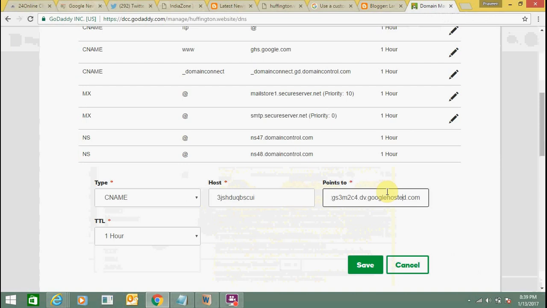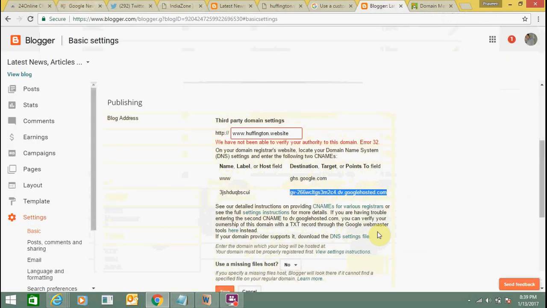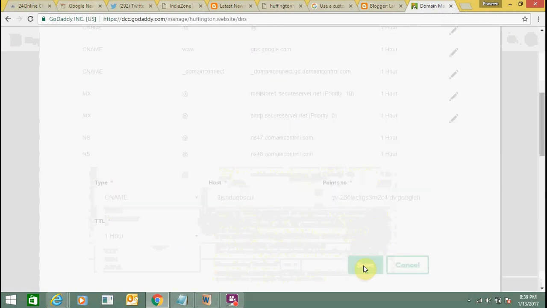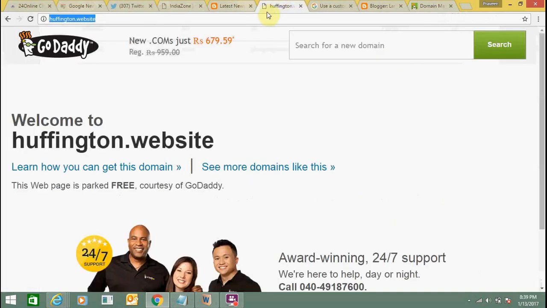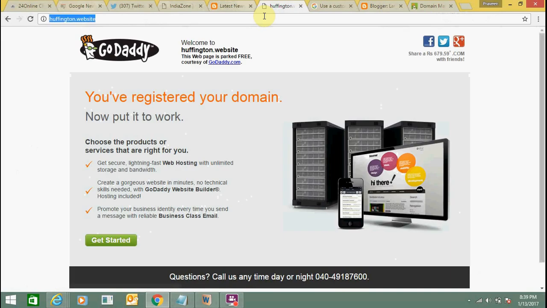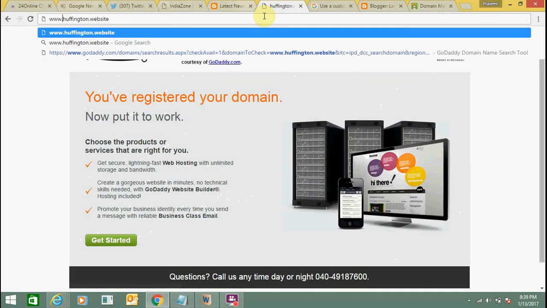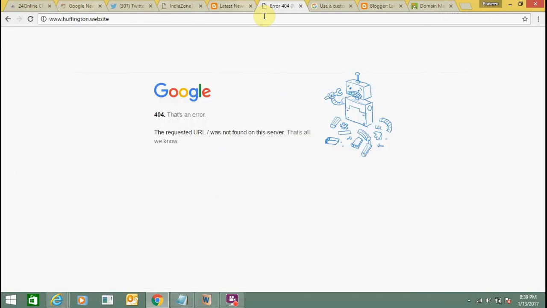Just click on save, cross check it once again and click on save. That's very simple. Now you can check this thing. It's showing an error now.